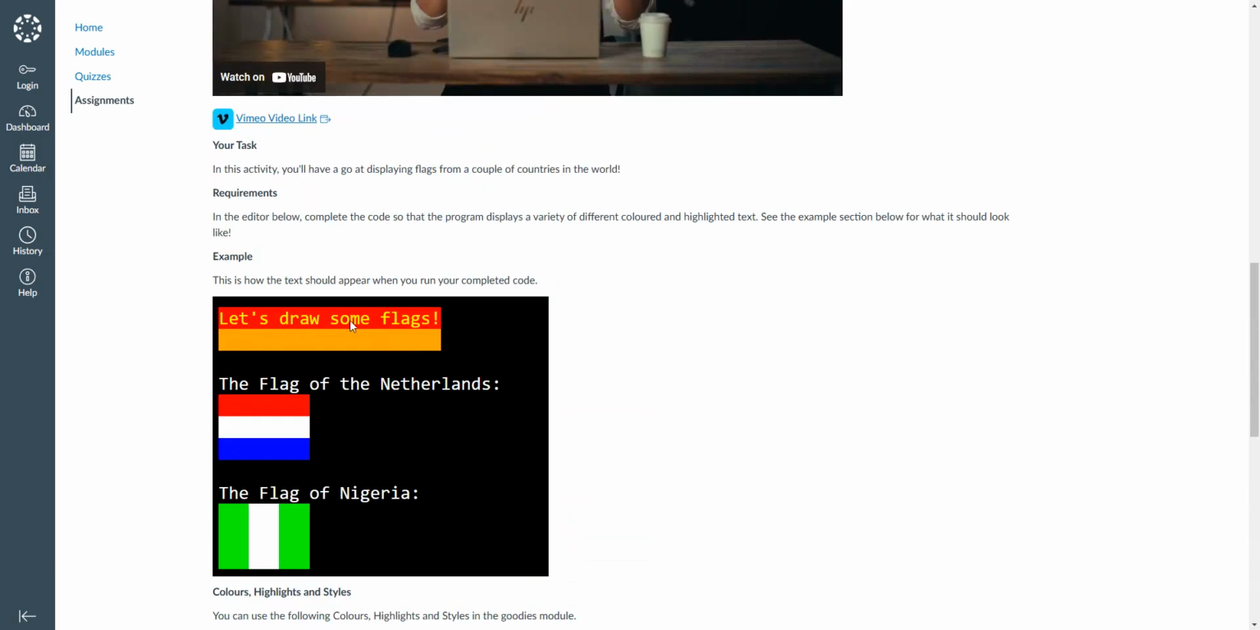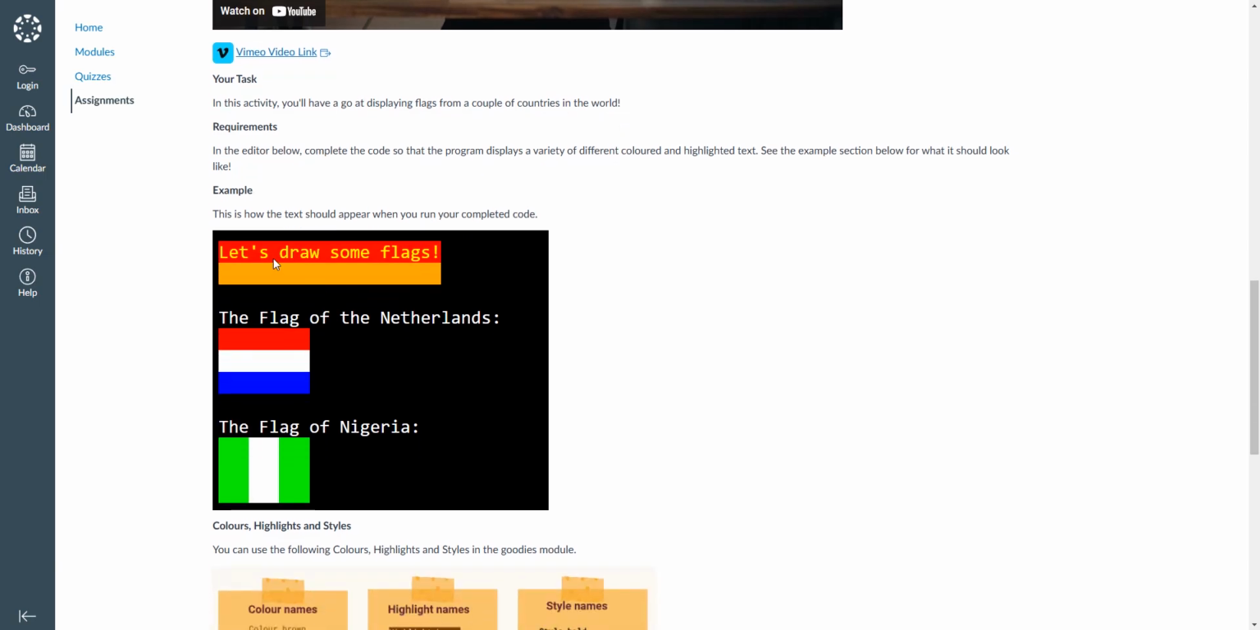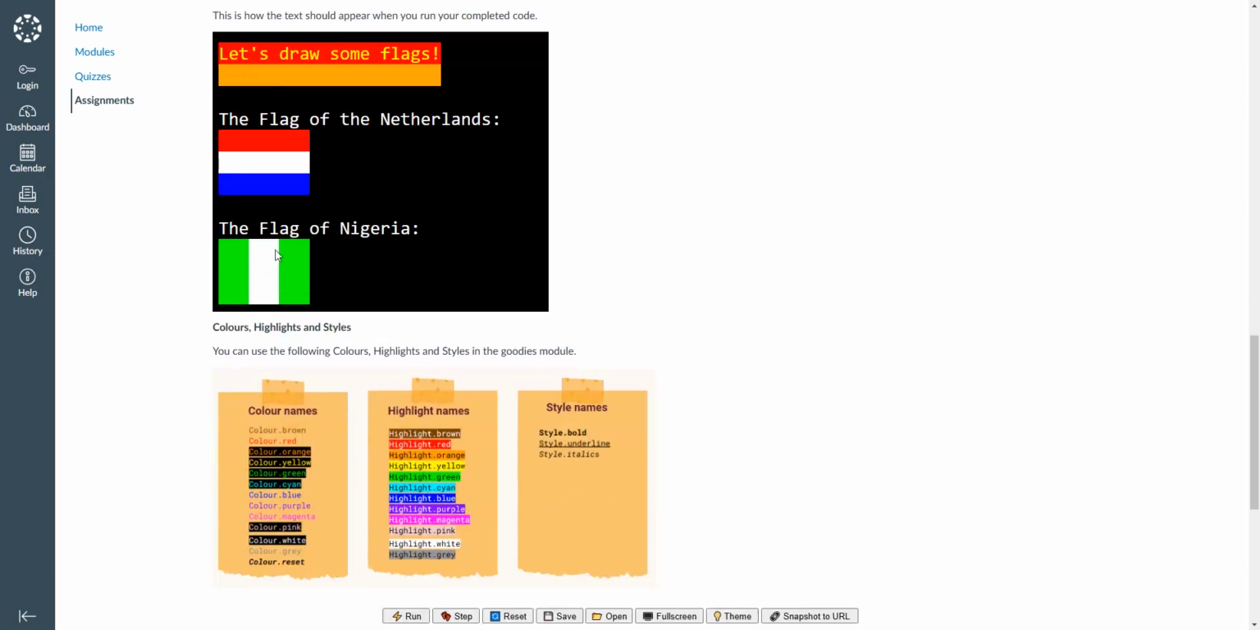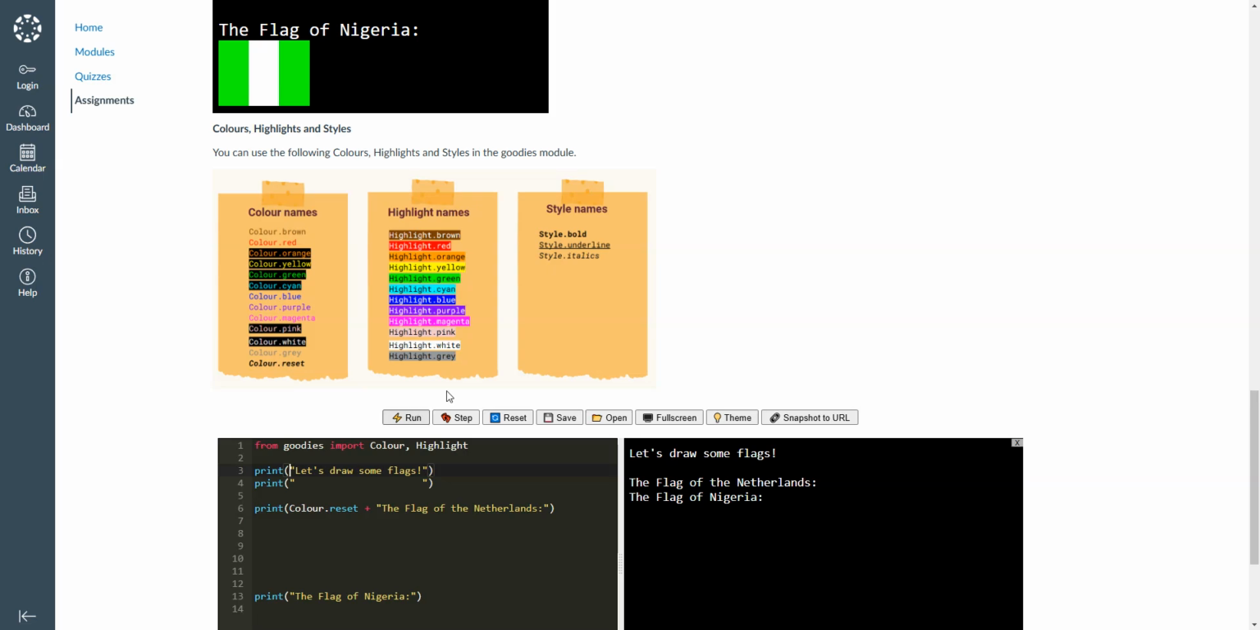So we see the first thing we want to do is to draw this line of code in yellow with a red background. So let's go ahead and do that in our first print statement. We're going to go color.yellow plus. If we run that now, we should see that in yellow, and then we want it to be on a red background, so we're going to go highlight.red, join that again with the plus or the concatenation operator,